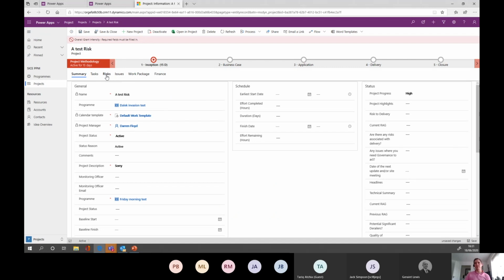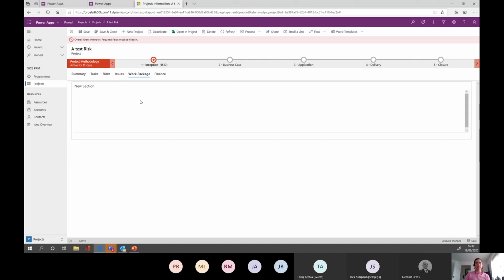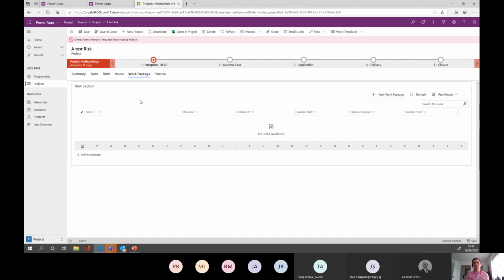So yeah, you can add risks into the tool as well. So you've got related entities now. You would add a new risk into this view, or work packages as well. So whatever you want, you can build. My point I'm trying to get across really is that whether you've got a continuous improvement activity and you want to track all the lessons learned associated with it or the benefits associated with it, you can do that